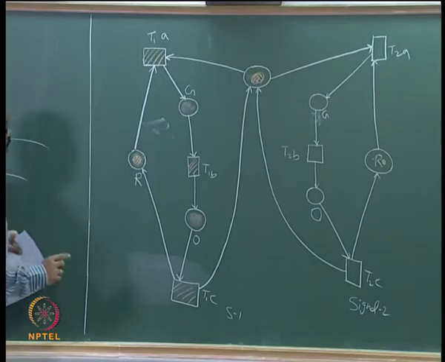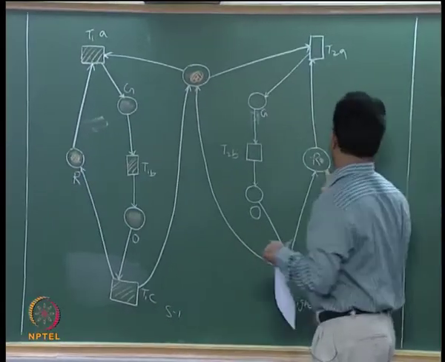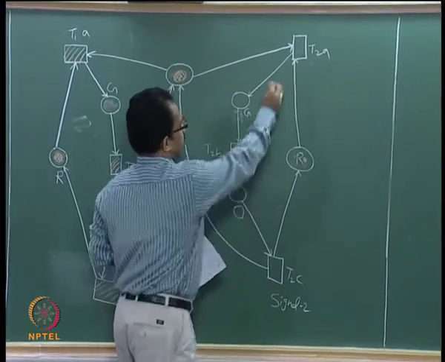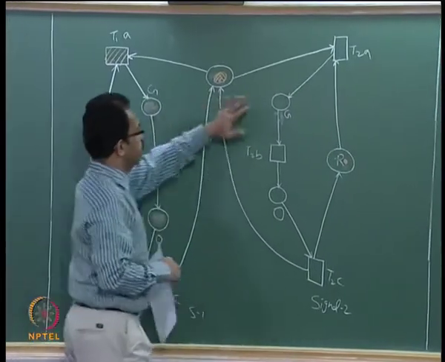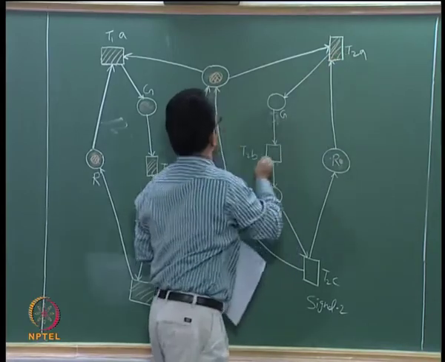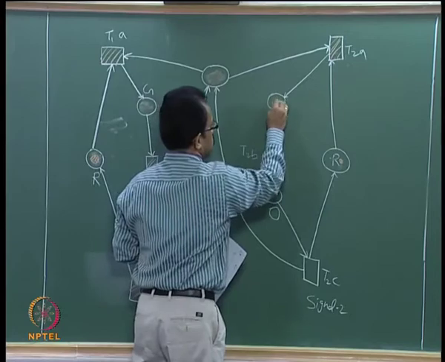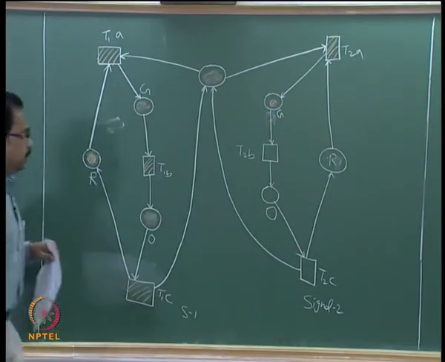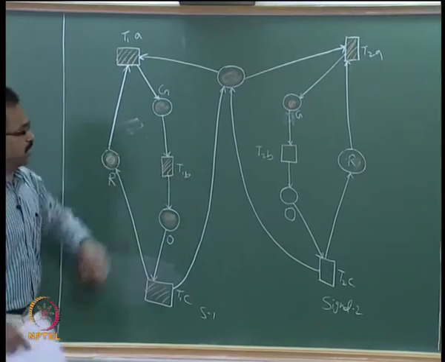So at this point you can see that there is a token available here and a token available here also, therefore we can actually activate this transition. So this signal is red and therefore we can activate this transition. Again this token will be removed and this token will be passed to this one. So the token from red will be passed to green. You can see that now one signal is red, the other signal is green.